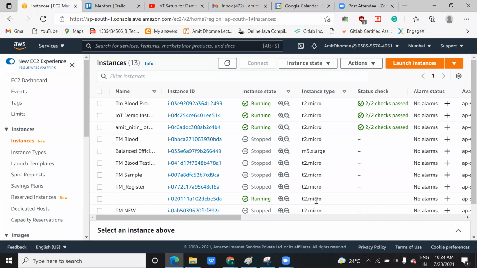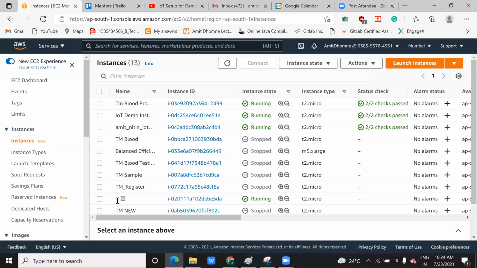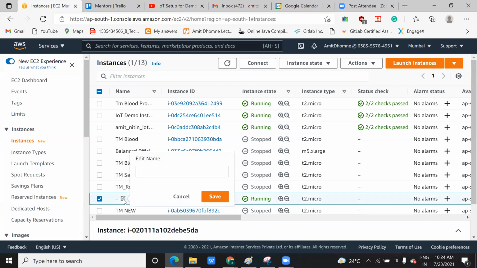You can see the T2 micro instance type we selected, and all the others have names except this one. So it means that this is the only one you have created. I am giving it a name again, IoT. Let me give the name IoT Nitin demo. Sir, will you remember the name, right? Is it fine, right?